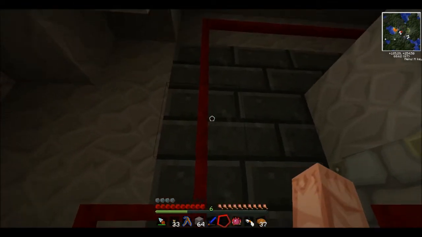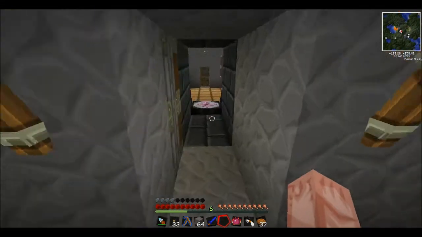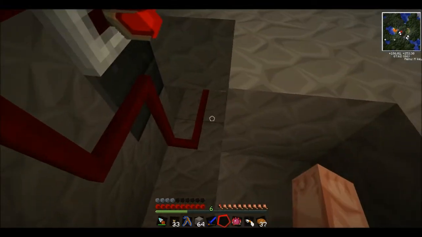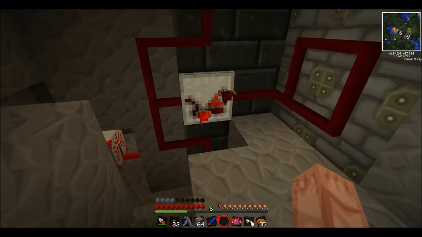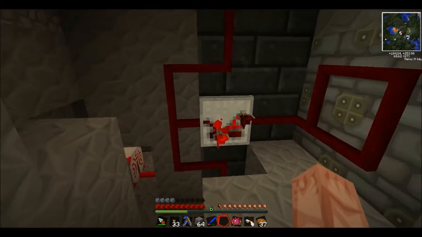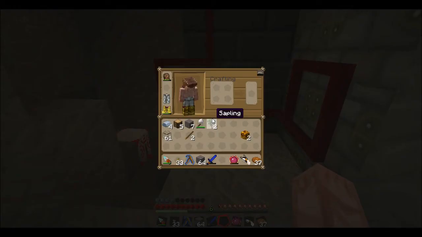So basically, when the lever is activated, it activates these 2 pistons right here. Or maybe not. This is kind of set up weird. I'm not really sure how exactly I got this to work. The only thing that I know is that it worked. But anyway, I'm using a repeater. Obviously there's vanilla Minecraft repeaters, but